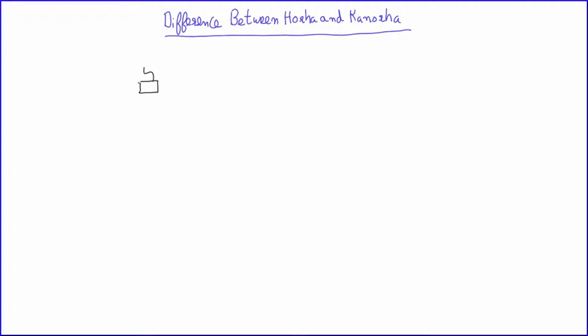This is my Hoda. And this is my Kannada. The box is the letter, you can say. So this is Hoda and this is Kannada. The sound of Hoda is O, like the English alphabet, and the sound of Kannada is A, like in awkward, AW.